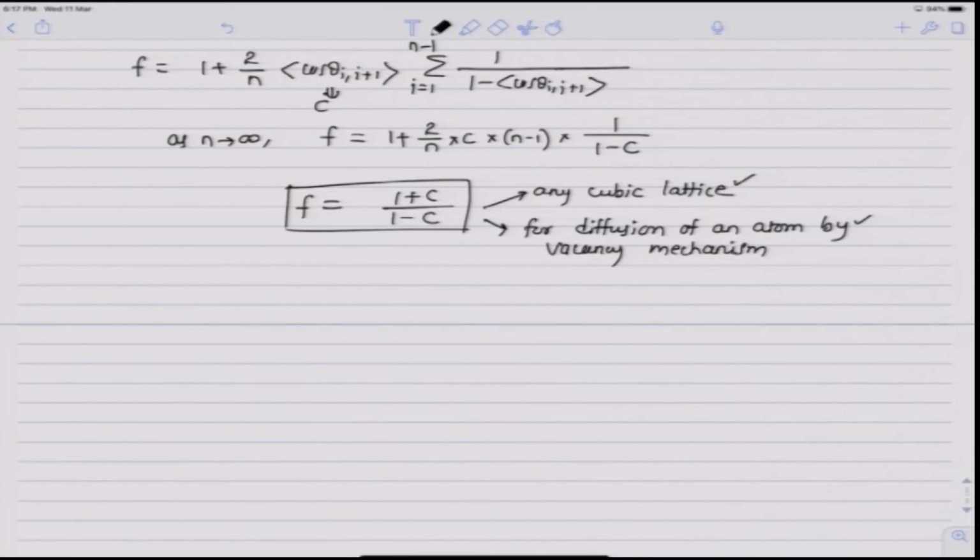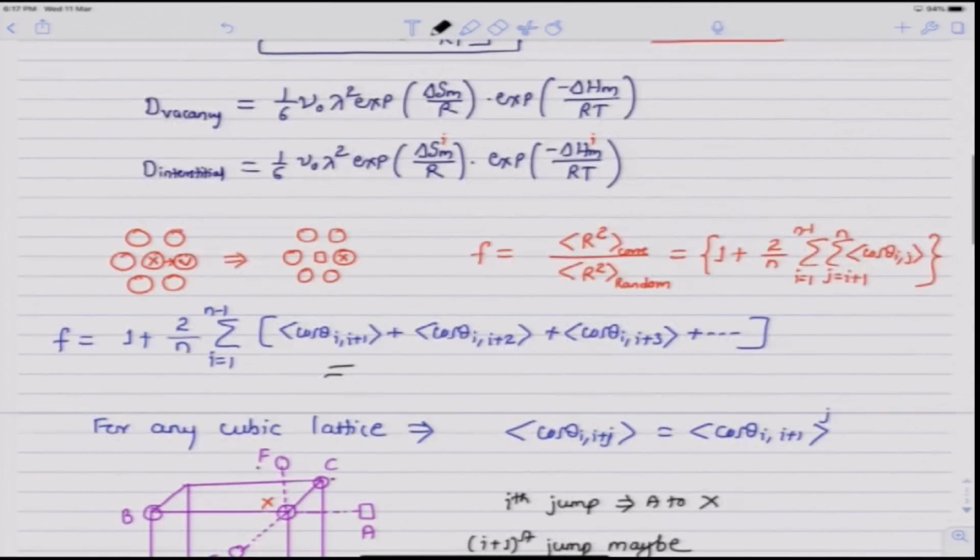Now, it should be noted that the average of cos theta I plus 1 will always be less than 0 for the cubic lattice, and so f will always be less than 1. This is because, as illustrated here, considering the jumps in 1 plane of an atom x, the second jump of atom x here will most probably be back into the same vacancy. So, that is the most possible sequence, and this nullifies the contribution to diffusion from